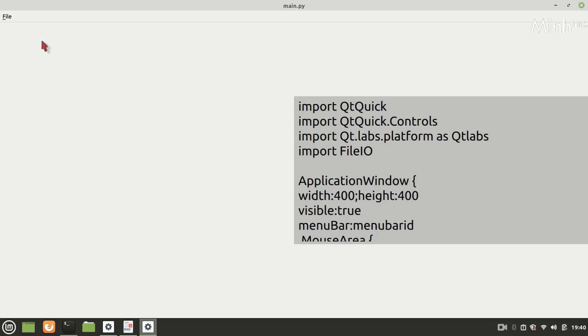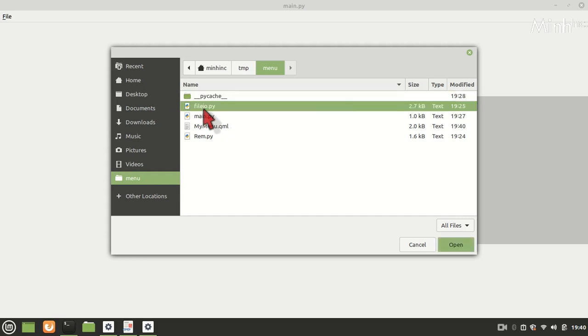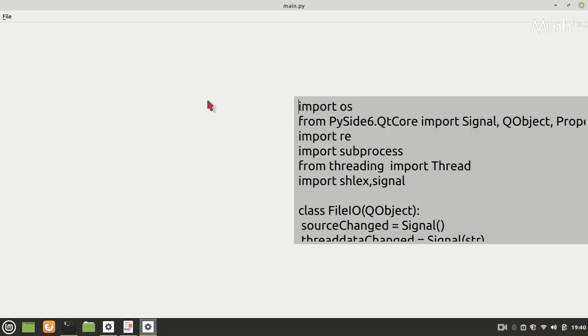Now I can have the same thing from here: file, new, I can type in a new file. We are not saving it, just for brevity. And right click, open a file, file IO, the file is opened, and in recent, file IO is coming.